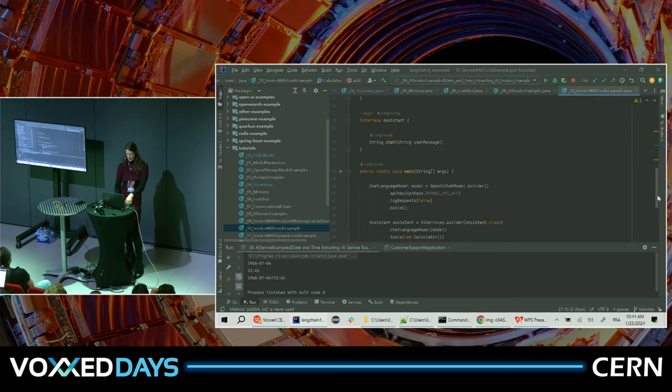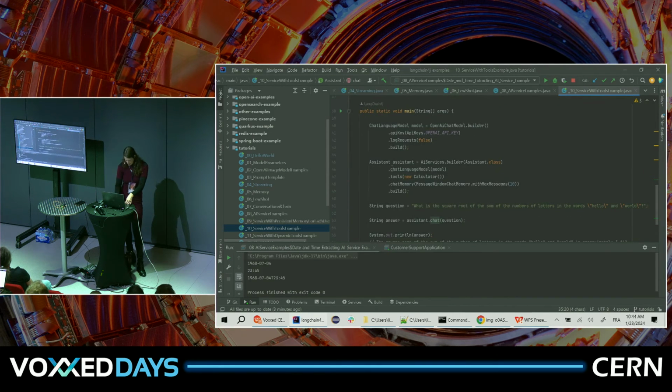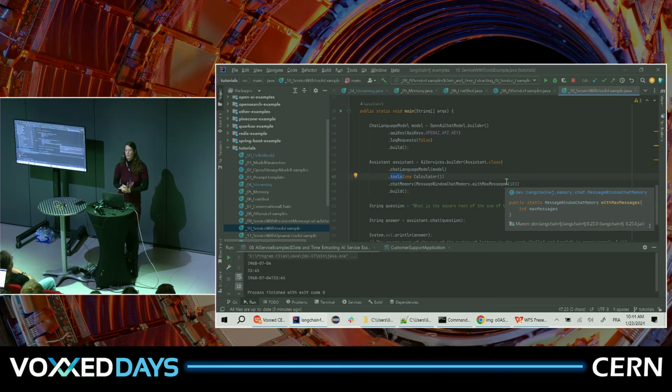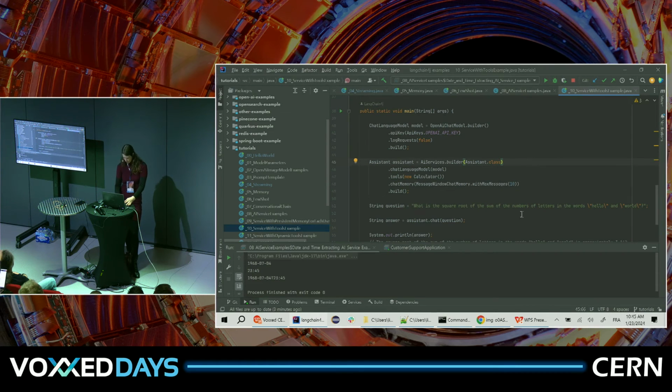And now if we're going to make an AI service to chat, again, it's a simple chat one, but we can add tools to it. So first we make our model here, and then we build our service with our model, our tools, and we give it memory. So here we tell it you have these 3 tools available, call them if you want. And it knows which input parameters we will need. So it will really call the method behind the scenes, take the result, and use the result to make its answer. So we are asking it, what is the square root of the sum of the numbers of the letters in the words hello and world?